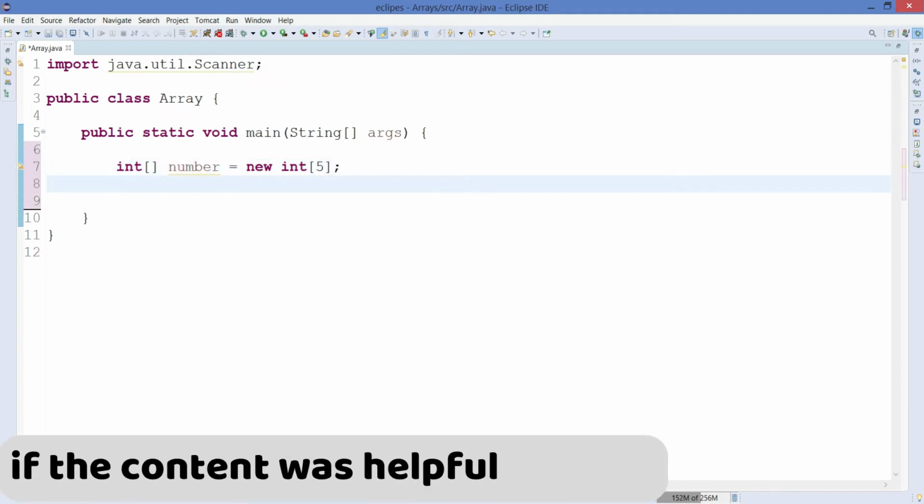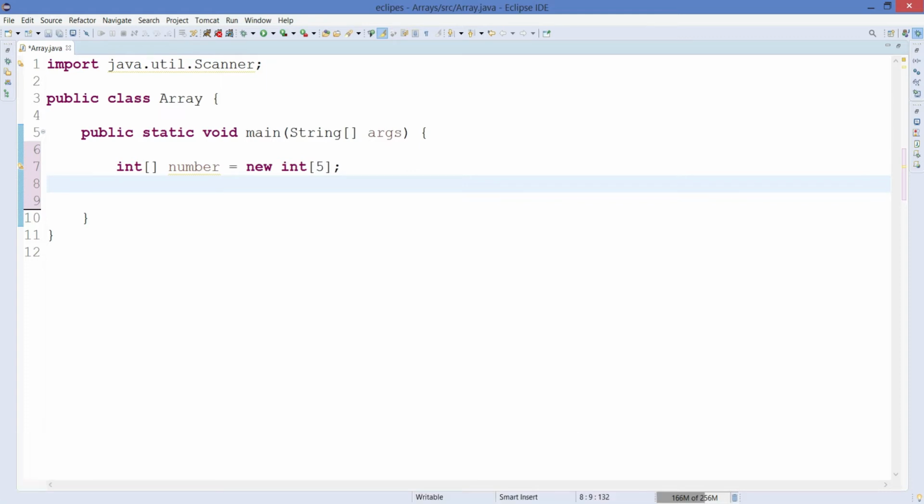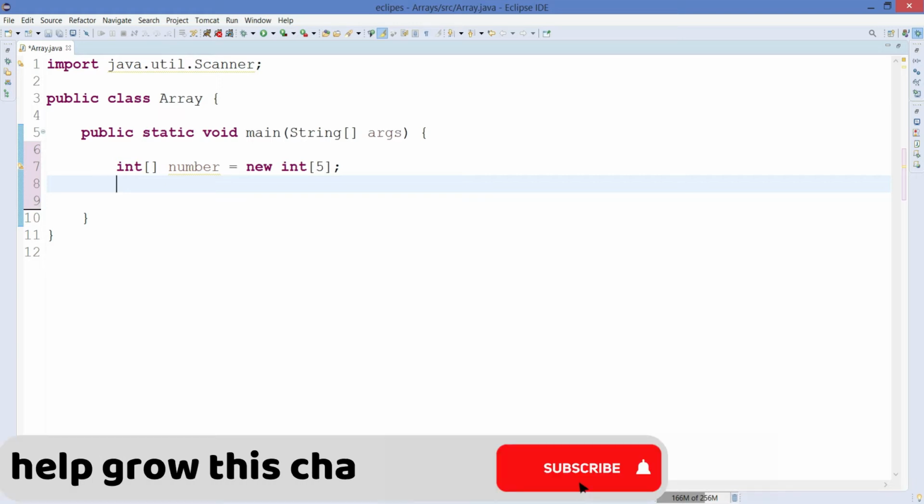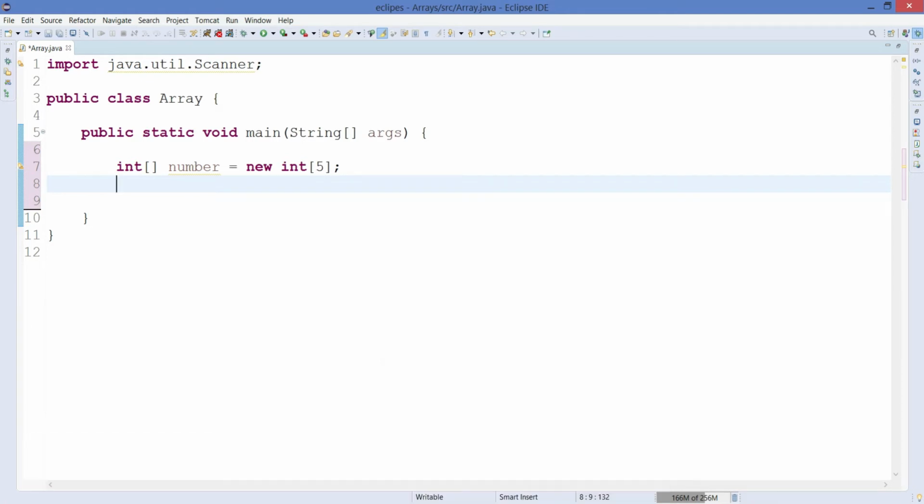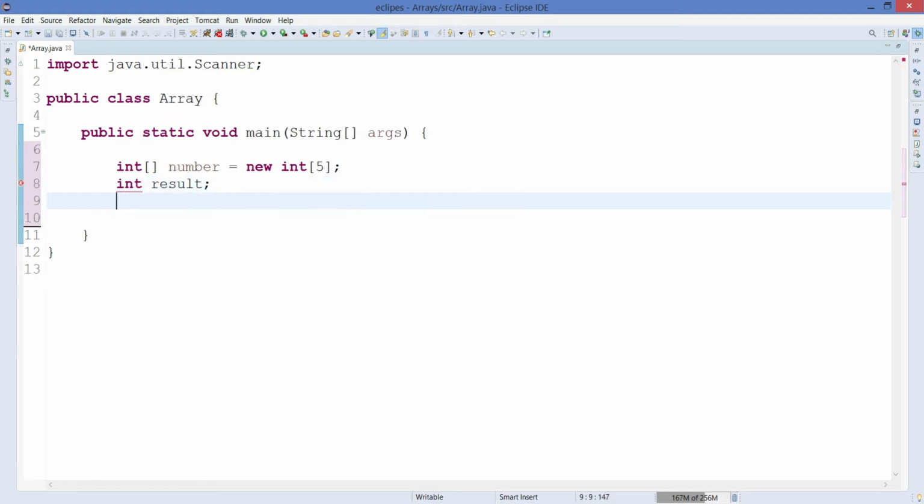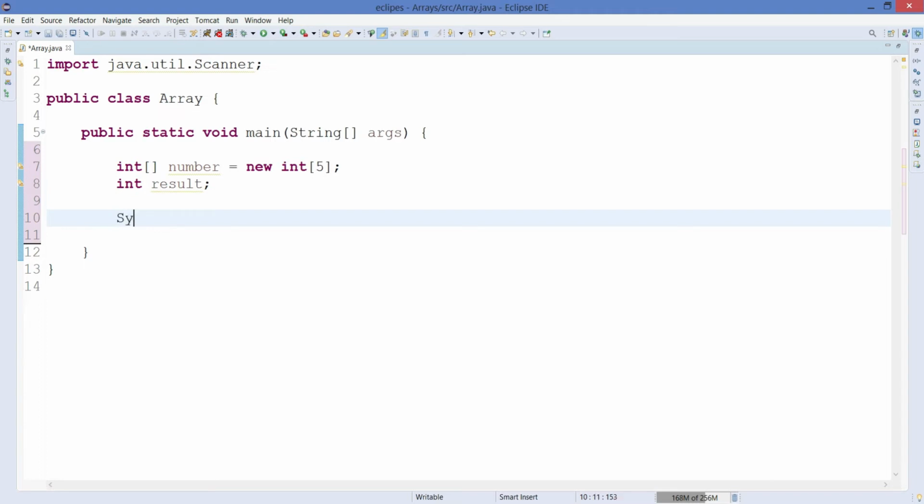Now we will move on to get the inputs. So for this particular program and concept, I will take an example of a sum of all the array elements program, in which the end goal will be to read the inputs from the console, store them inside the array, and then read the elements one by one from the array, store the sum inside a variable, and print it out as a result. So for that I will just declare one more integer variable named result,